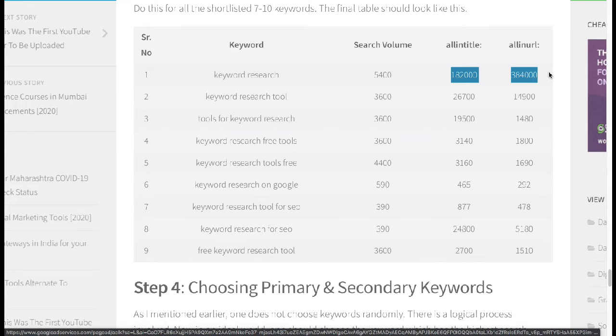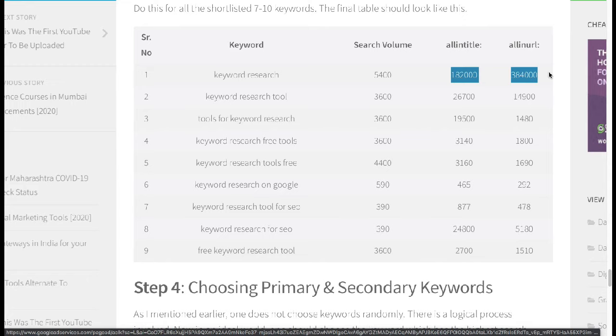Do not choose keywords which are very highly competitive, because after doing a lot of SEO, you will realize that you are not ranking for the keyword because the competition was too high, and you have completely ignored the keywords which have low or medium competition. So basically you are not ranking on Google. So whenever you are starting fresh, whenever you are starting new, make sure that you target keywords which have a decent search volume and a medium to low difficulty level.